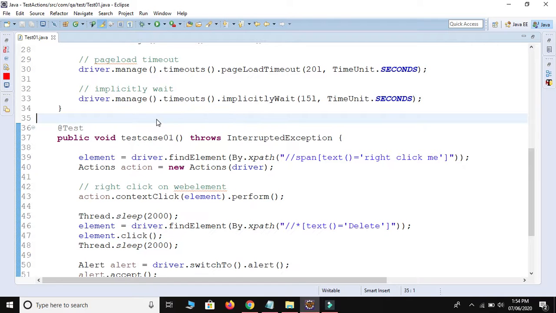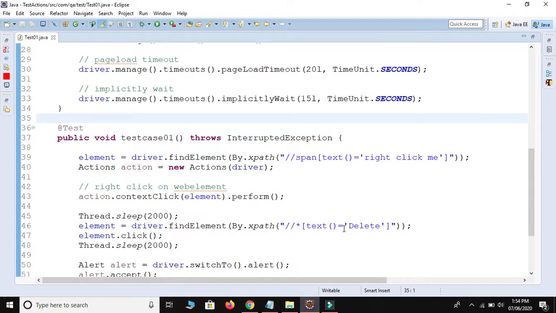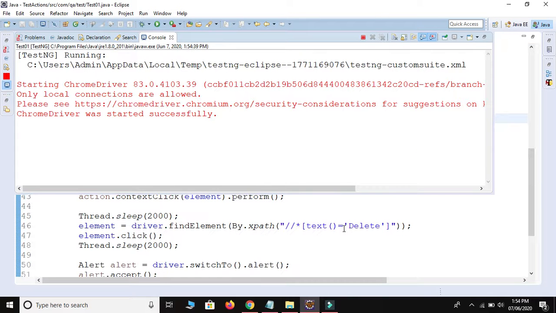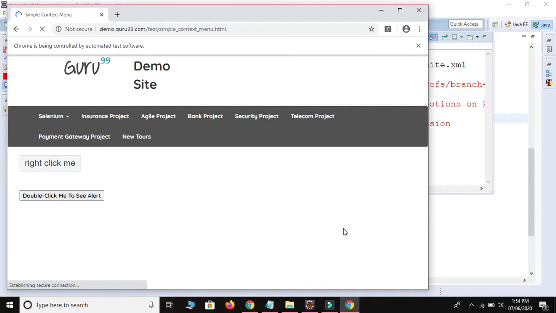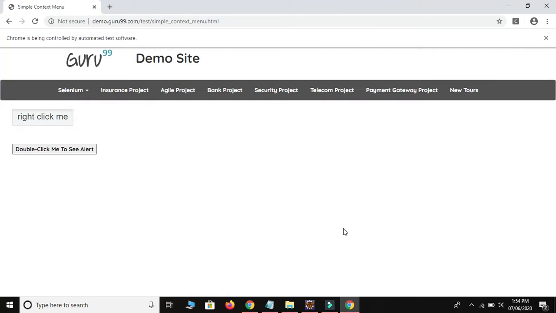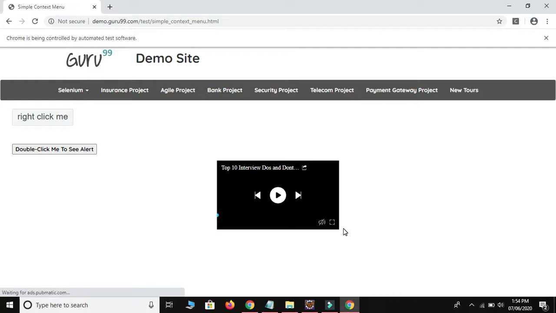Just right click again, run as, and TestNG test. Let's wait for the execution. Right click, now it will click on the delete. See, click the delete messages also we are able to see.